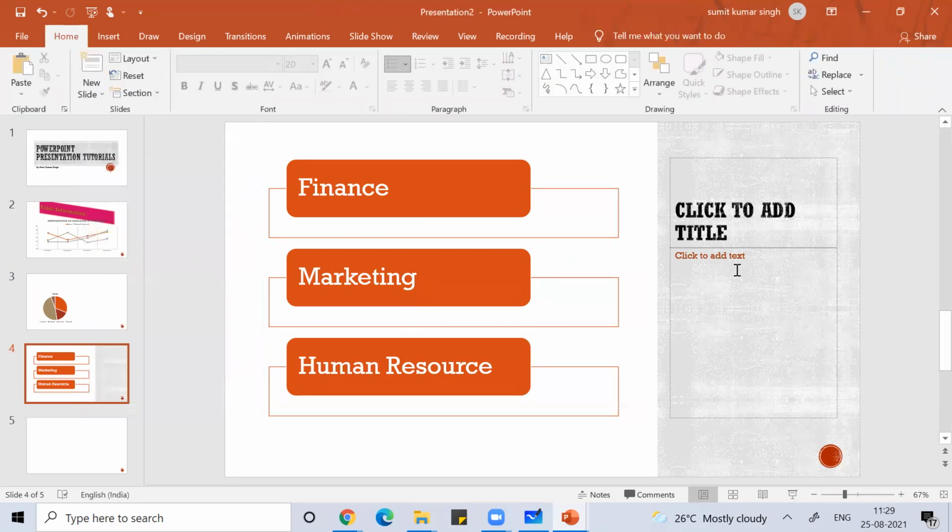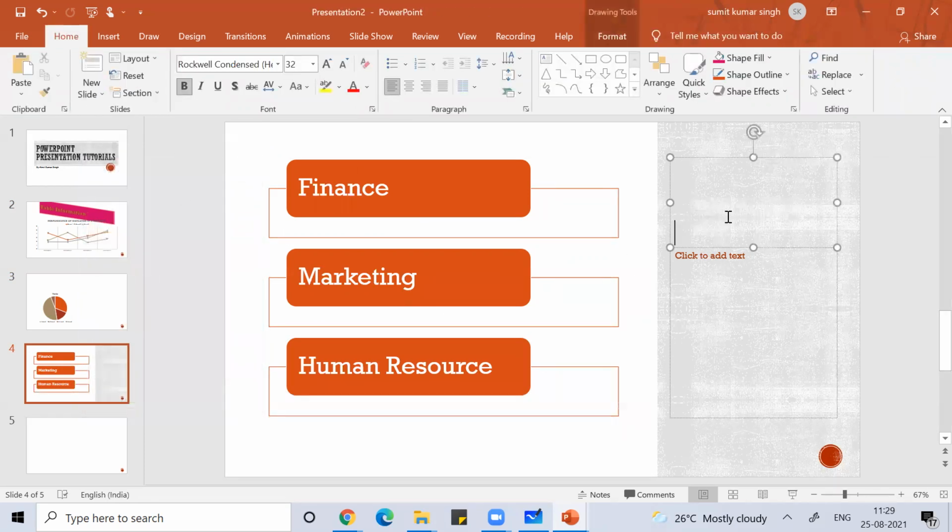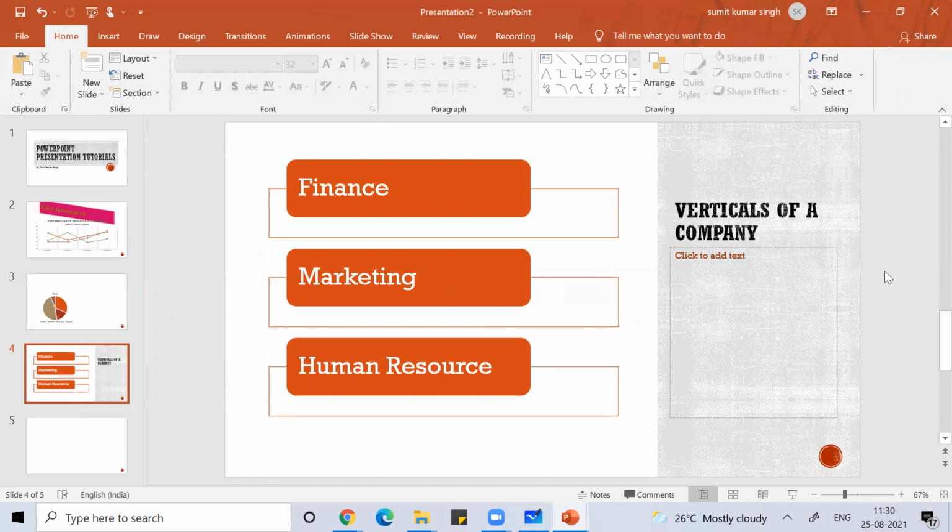So like this, the title came here. You can give verticals of the company. So like this, you can create like this. You can press F5.